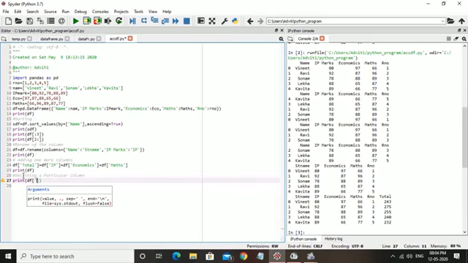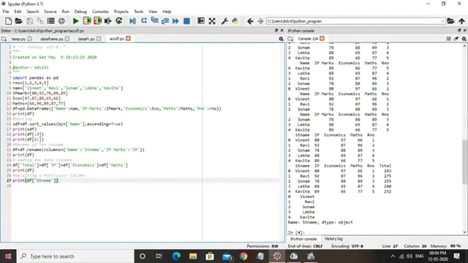Let's say I want to check the student name, then I will write here st name. This is the column name, and then I can check it here. Now you can see only one column appears from the data frame. So clear? In this manner I can check only one particular column from the data frame.